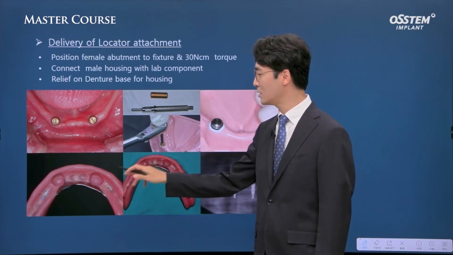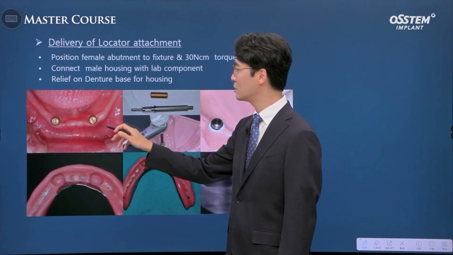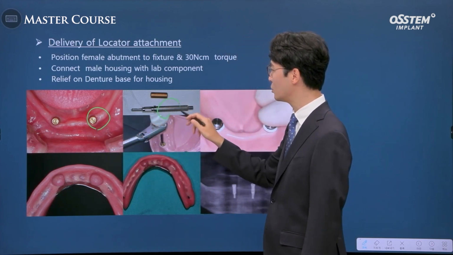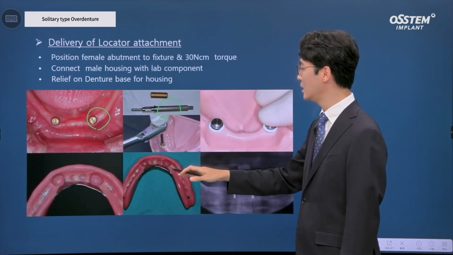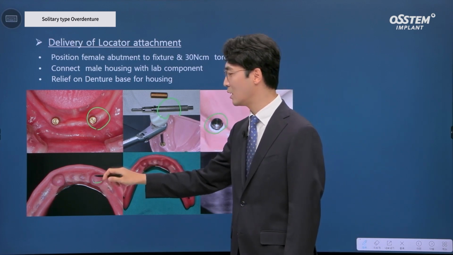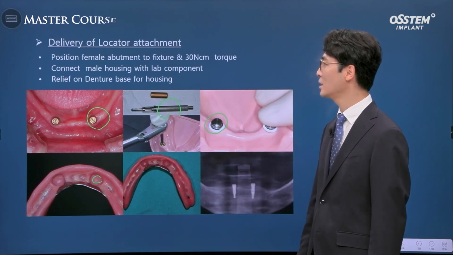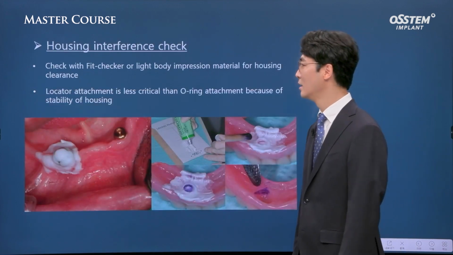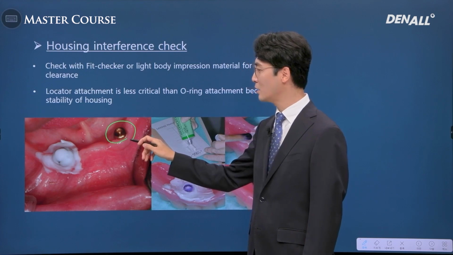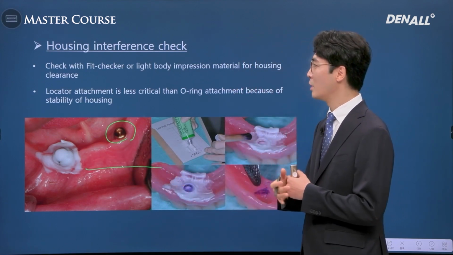Flasking process is done to complete denture. Once this is done, locator attachments are attached to the implants placed. The dedicated tool is used. After connecting metal housing on the inner surface, you check whether there is any interference, and then it is adapted and treatment becomes concluded. One important thing is after connecting locator abutment and after a series of process, before connecting